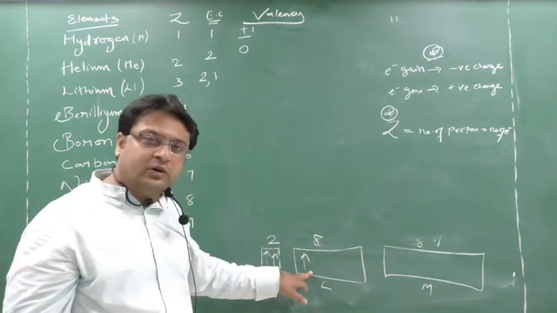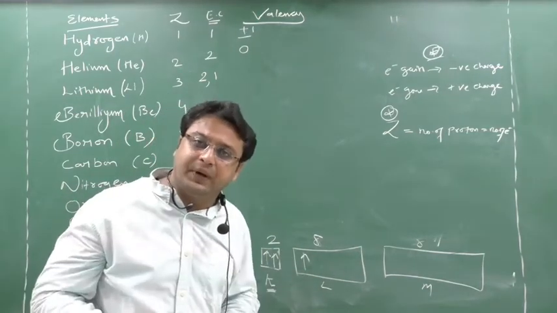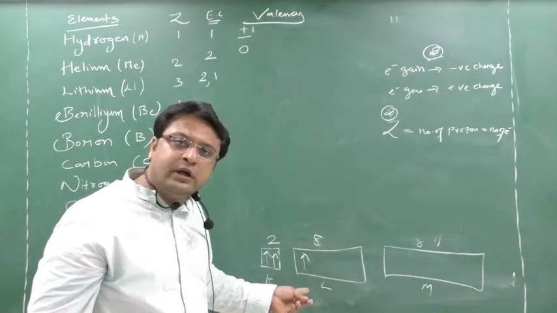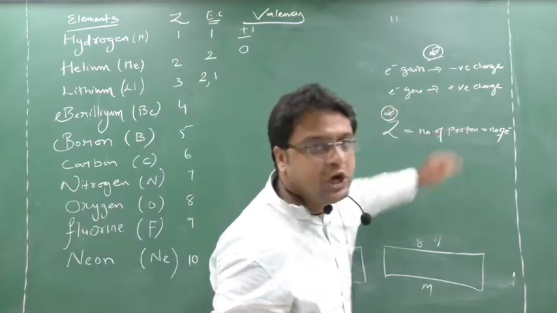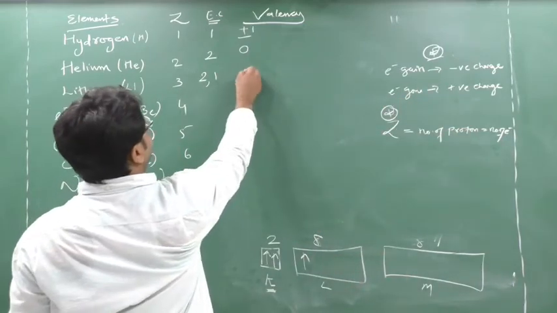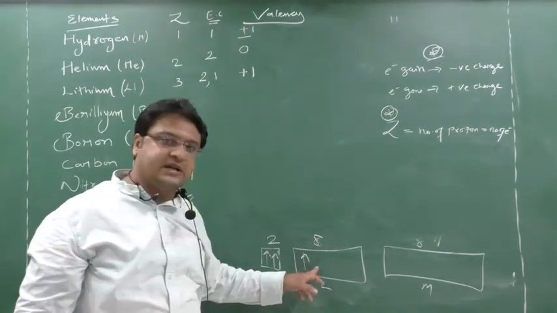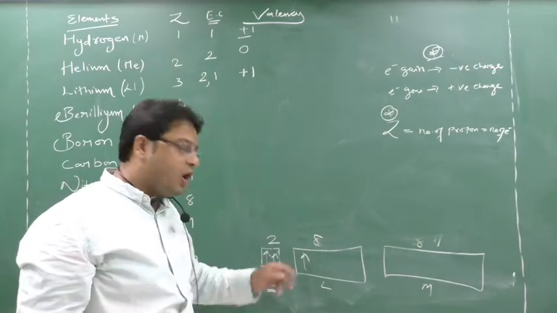So what will he do? He will bring 7 or he will lose himself. Practically, what will happen? He has to go only, because he cannot search for 7. So he will go. He is going. How many are going? 1 is going, no? Gone means which charge? Positive charge. So lithium has plus 1 valency. See, in the L room, how many persons are there? 1 person. But the hotel person requires how many persons? 8 persons. So how many are decreasing?